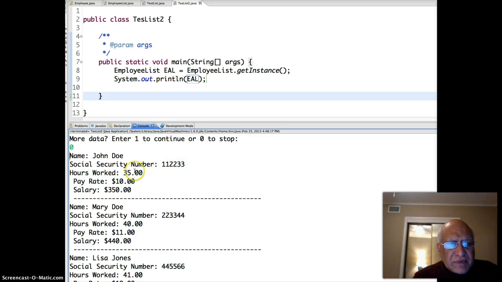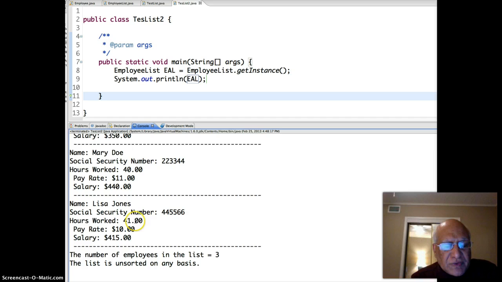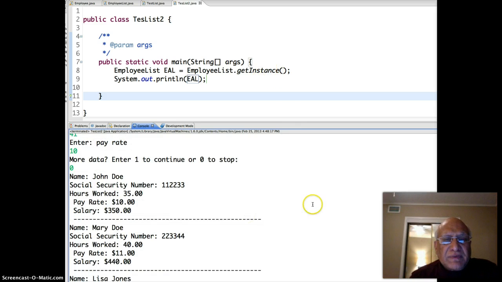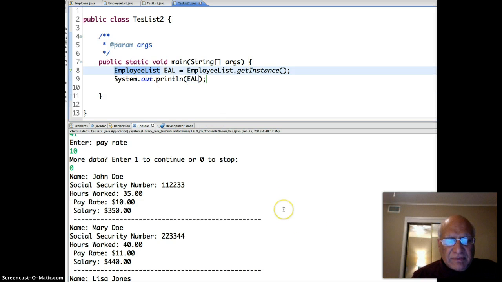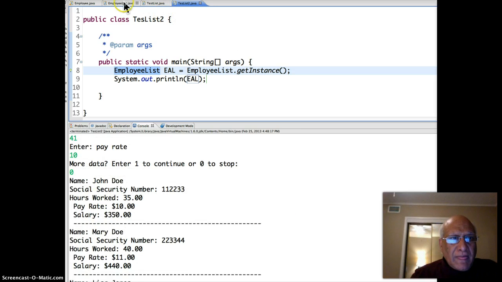John Doe, social security number, hours worked 35, $10 a pay rate, multiply these to 350. Mary Doe, 40, multiply by 11, 440. Lisa Jones, 41, 10, 415, because the extra hour will be paid at $15 per hour. Number of employees in list, 3. List is unsorted on any basis. So obviously my getInstance from the keyboard for the employee list class is working. I'm satisfied with that. It's not a problem. Okay. So that's how